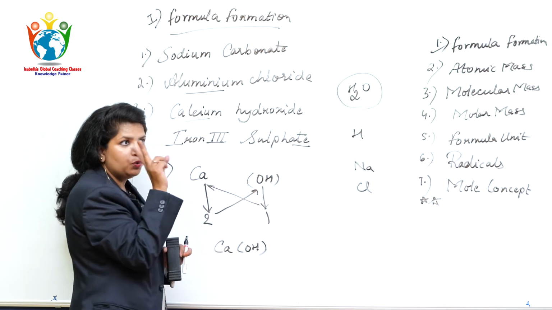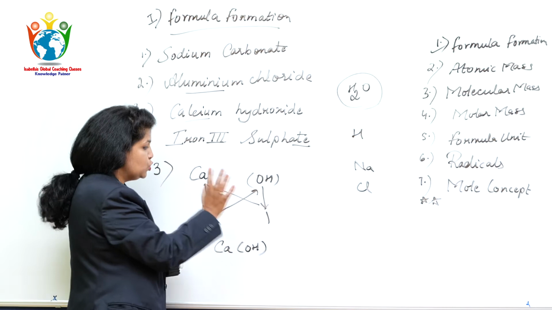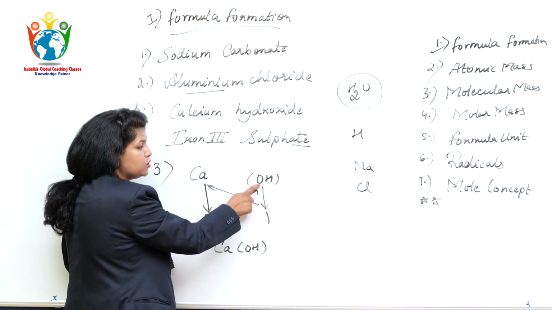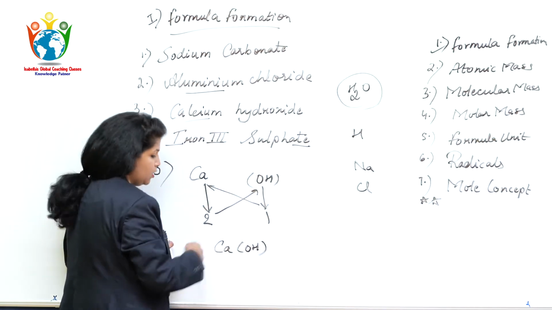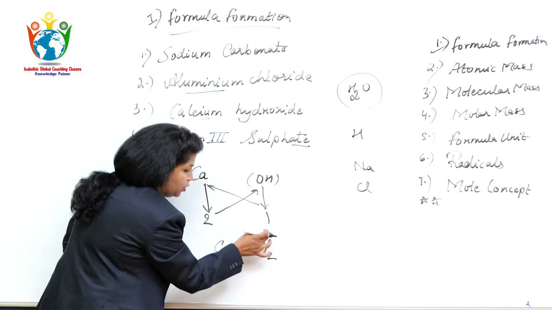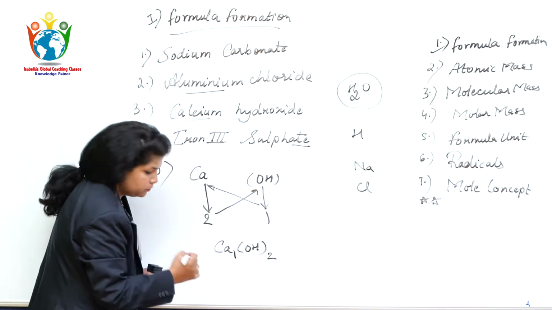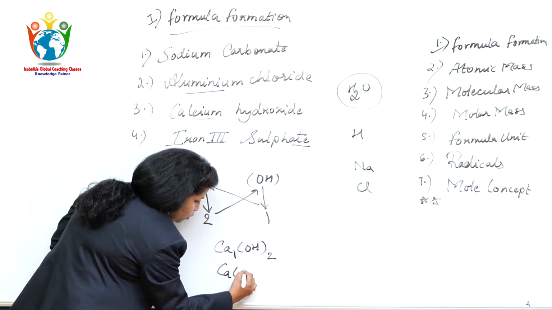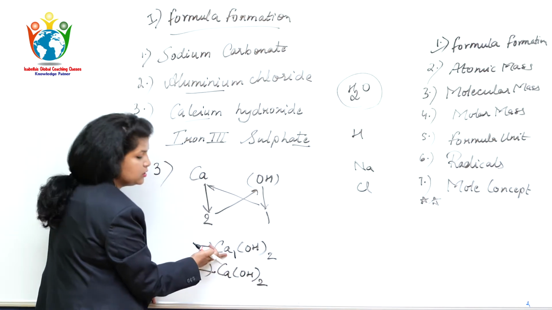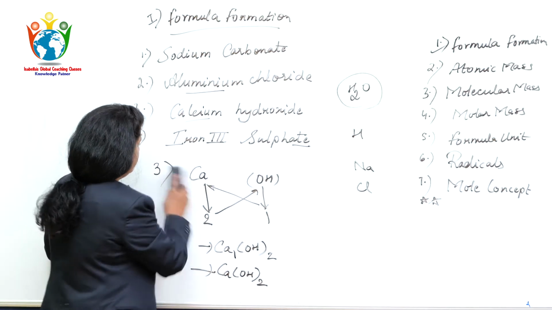So when you have 2 different elements, or 3 different elements, or 4, x, y, z, n number, you have to make the bracket, because this 2 will not go only to oxygen, it will go to the entire thing. So you can bring this to here. Don't write it up, it will be 0. Now 1, you can jot down, no problem. Again Ca(OH)2. Again I am repeating, don't leave your answer here. You have to get this end product. Okay. I'll rub it.